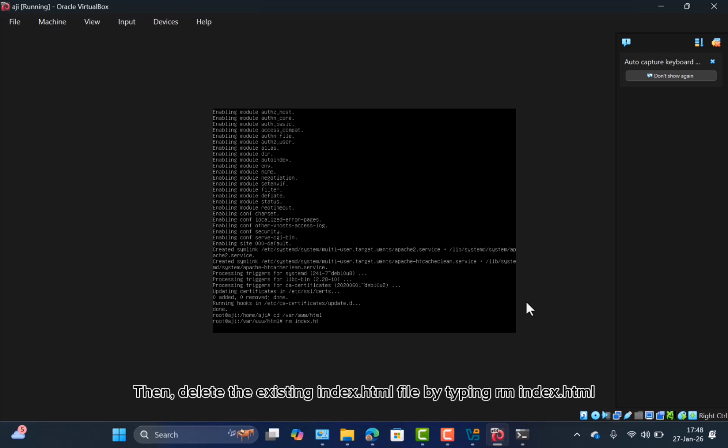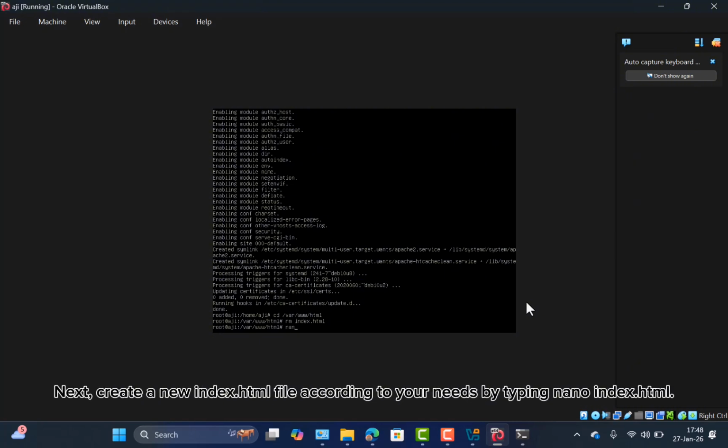Then delete the existing index.html file by typing rm index.html. Next, create a new index.html file according to your needs by typing nano index.html.